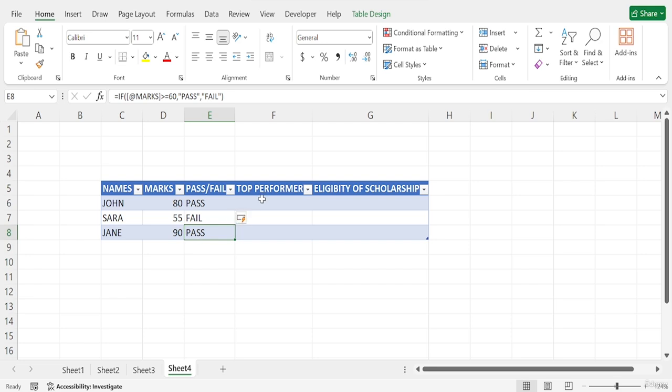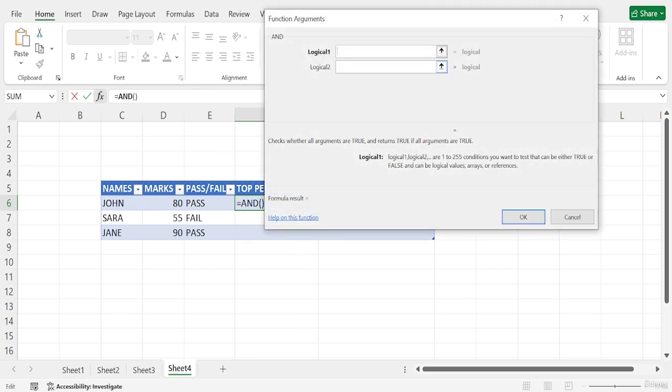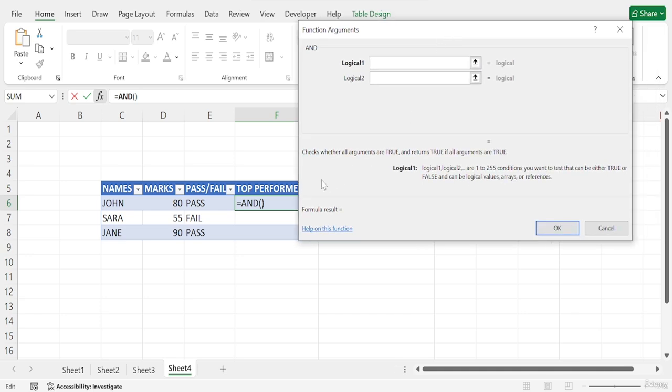And now to confirm the top performer of the class, I will use the AND function in this section. Let's say here I will type the equal sign first, and then I'll call the AND function, and now I'll go to the function arguments, and as you can see it checks whether all arguments are true and returns true if all arguments are true. So as you can see, for logical 1 and 2 they need logical conditions.